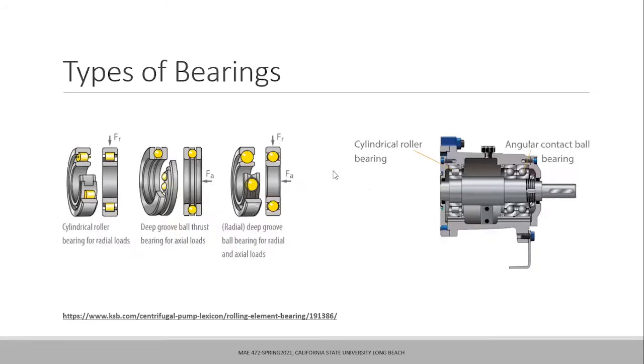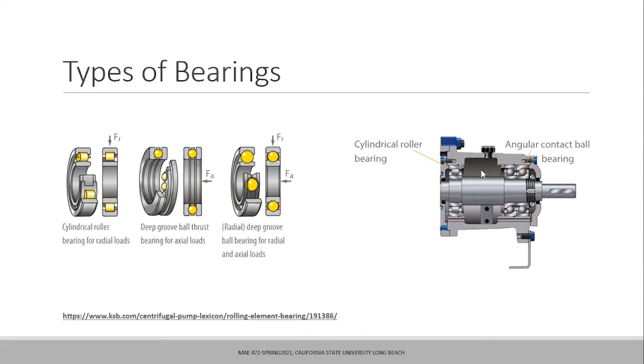Okay, so when I was talking about the radial loads, the loads are transmitted in the radial direction, and axial loads are loads transmitted in the axial direction. This specification of the radial and axial load will make more sense if you look at this assembly of this transmission shaft. So this is the shaft here. It has a step geometry. You have a cylindrical roller bearing on this side, and you have two ball bearings on the other side.